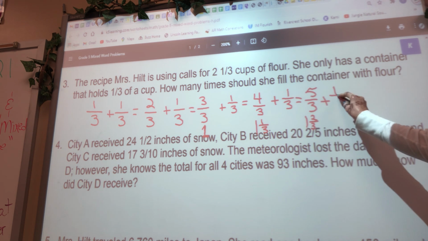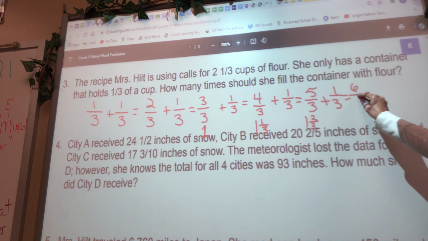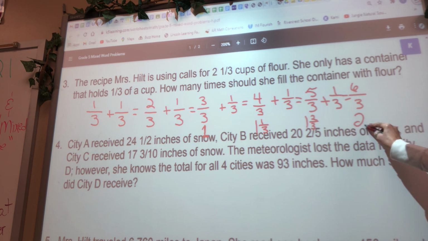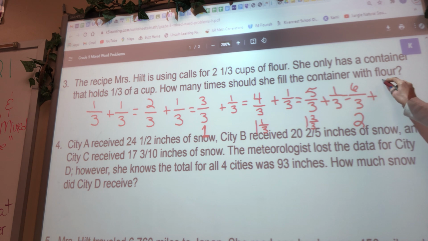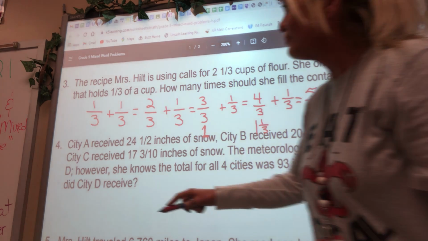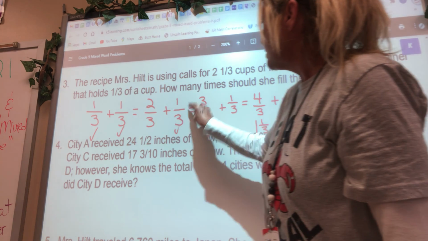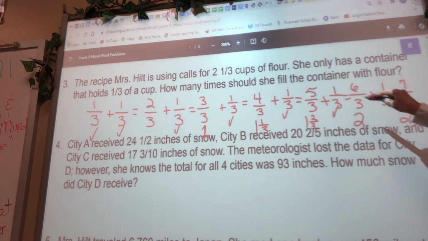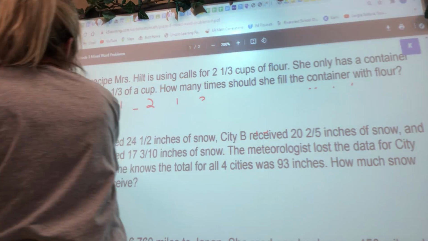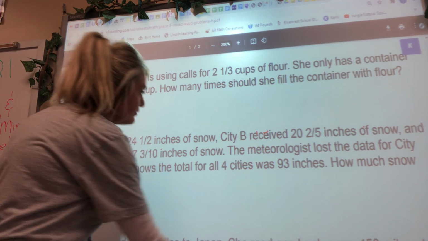If we have another third, we have 6/3, which is equal to 2. And if we add another third, we end up with 7/3, which is equal to 2 1/3. So we finally made it to our 2 1/3, and we had to fill 1, 2, 3, 4, 5, 6, 7 times. So either way, you're going to get to 7. So you could either use repeated addition, or you can divide by